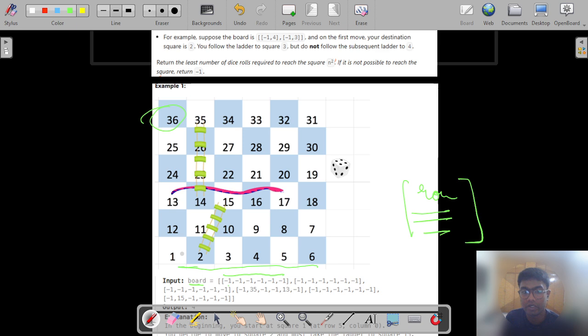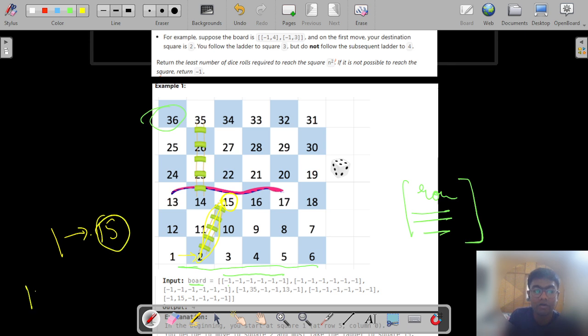We take a step one, so we get a roll of one and we move here, which is 15, and this all happens in the same step. So we also update our current position to 15, and